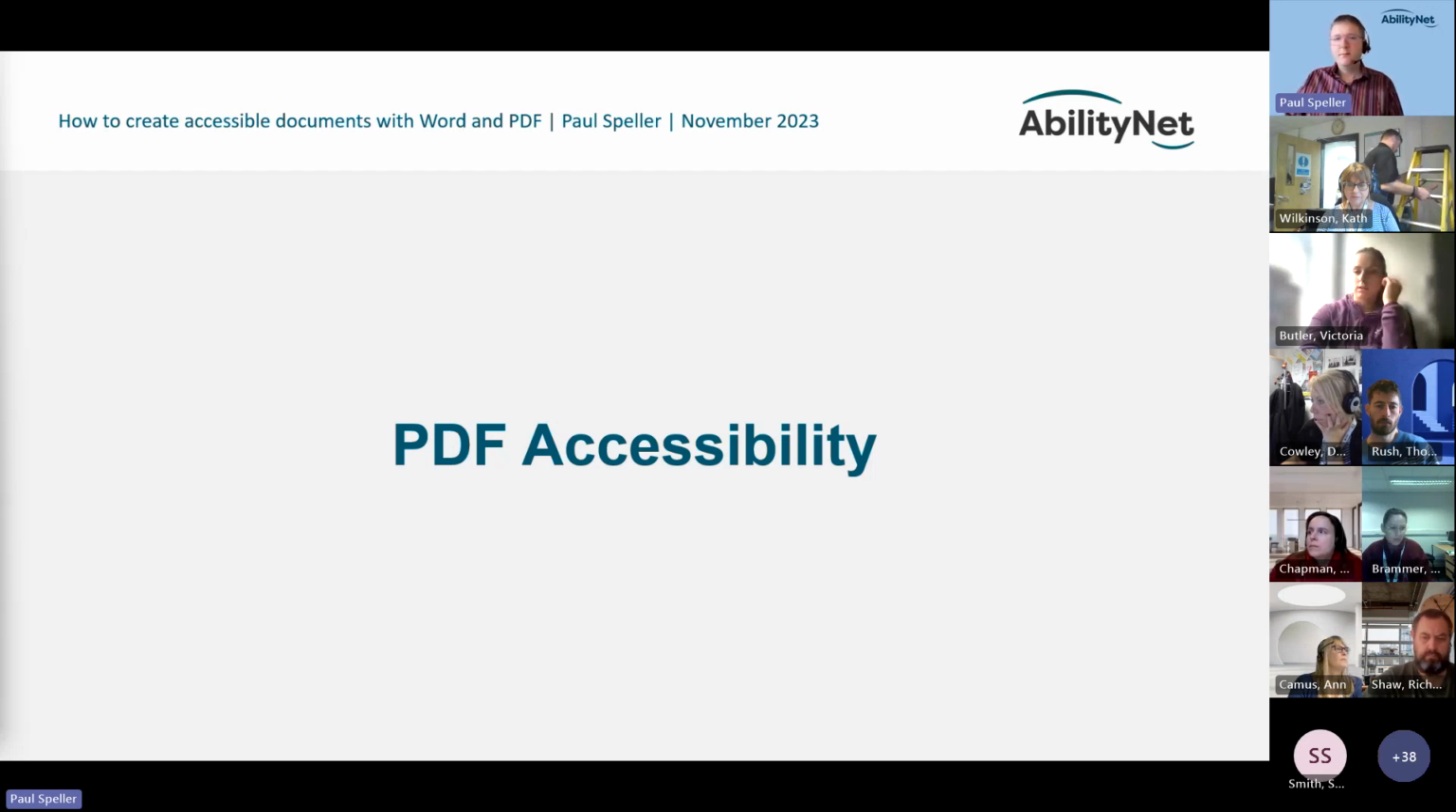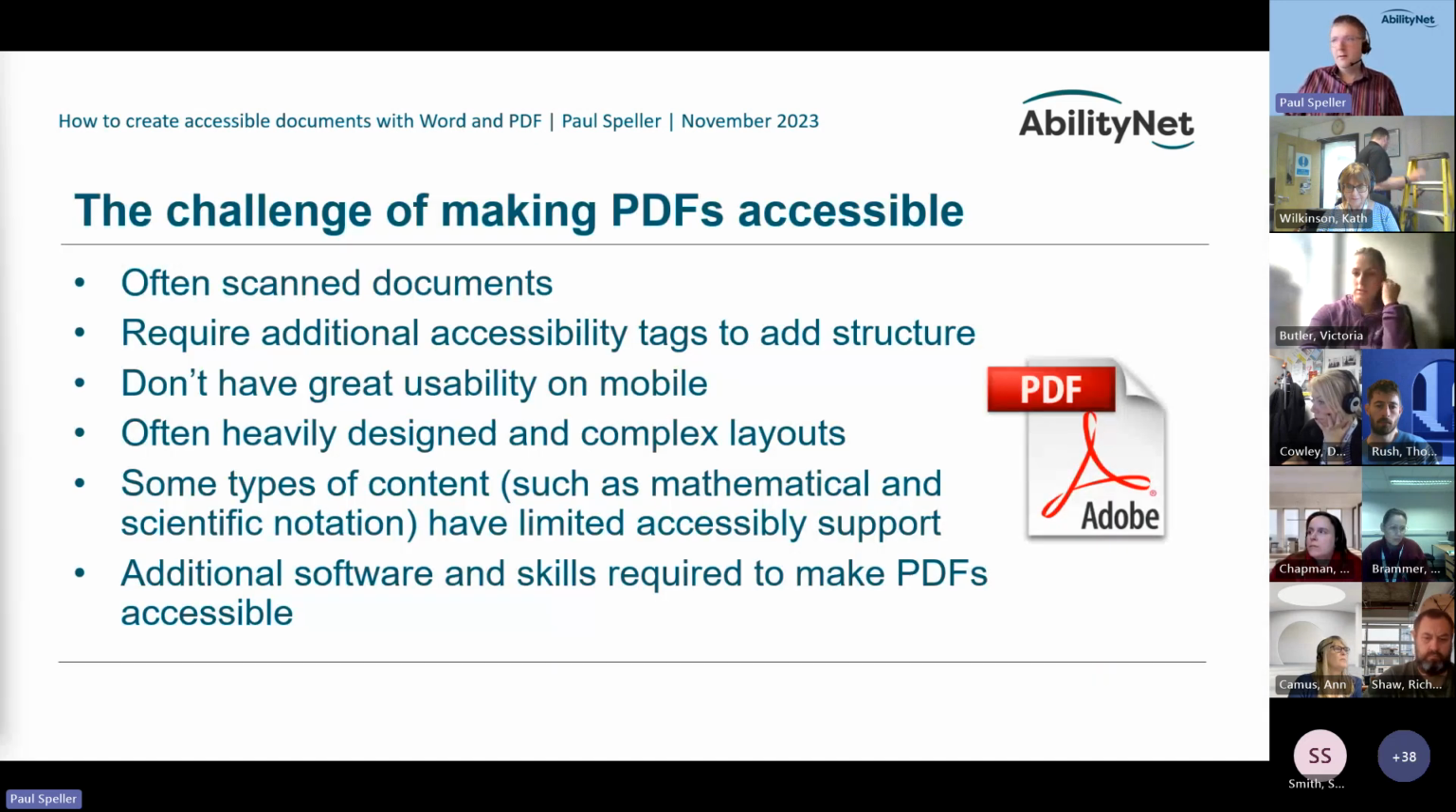So PDF accessibility is a bit of a science and an art, I suppose. It can be quite a challenge. They can be scanned documents, for instance, and those are really difficult. That's where you get into the whole world of, is it real text? If not, it's going to need OCR. They require accessibility tags to be in them to be accessible. They don't often